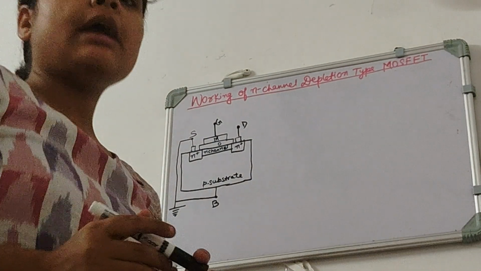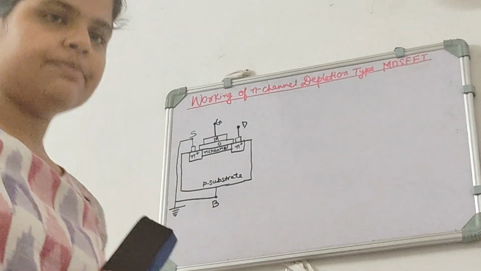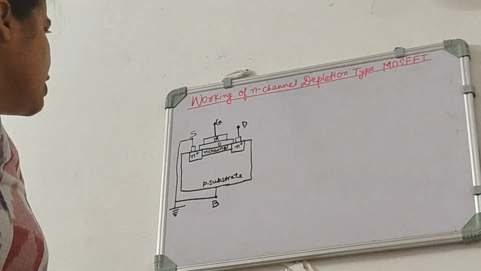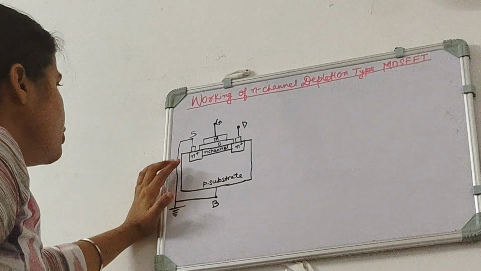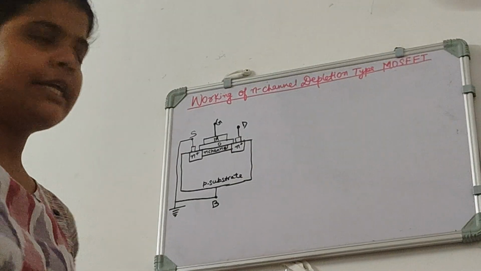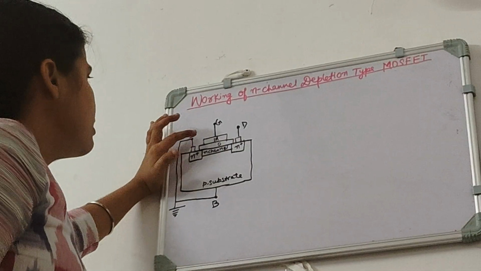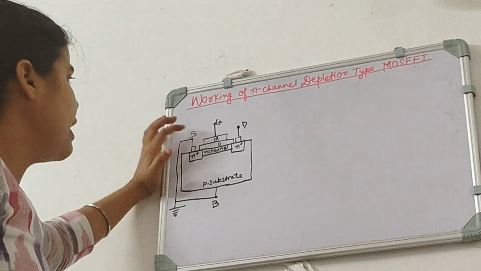Okay, so today I will discuss the working of the n-channel depletion type MOSFET. Yesterday we saw its structure, which looks like this. There is a P substrate, its source and drain are of N plus type material, and its channel is of N type material, and there is an oxide layer, a metal layer, and above that